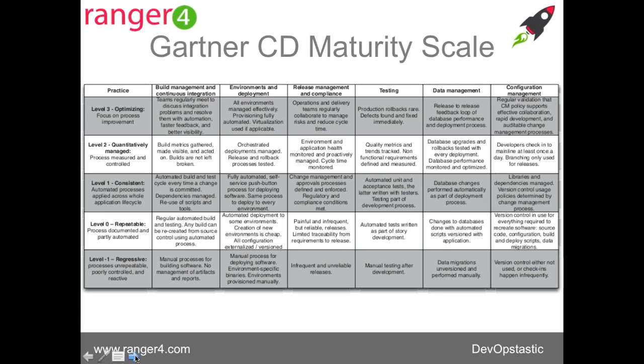And then the other bit is, I just think that some of the maturity bits could be a little bit more exact. So if we take, for example, level 3 on release management and compliance: operations and delivery teams regularly collaborate to manage risks and reduce cycle time. Well, for me, really being able to have total maturity about release management is about being able to release on demand at any point. And it's about having systems in place to do that. It's about having the ability to instantly roll back to the last known good state. And it's about having a full and complete audit trail of every change that is made into that system. But still a useful maturity scale when we're talking to organisations and trying to figure out where they are.